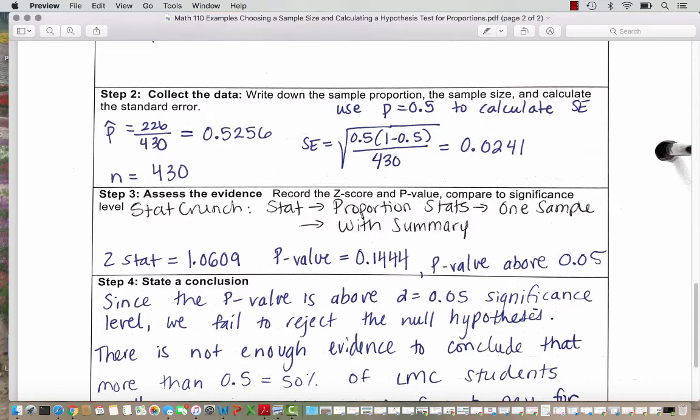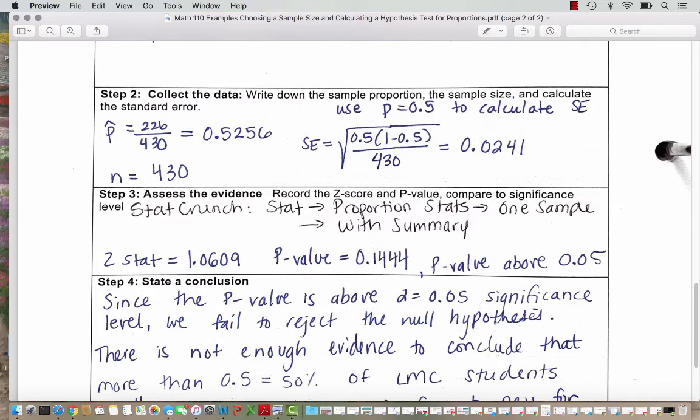So now we're asked to calculate this standard error. We could do the estimated standard error and use the p-hat value, but since we're using 0.5 in our hypothesis test, we like to use that value in the standard error. When we head into StatCrunch, you'll see StatCrunch uses the value from your hypothesis test setup to calculate the standard error. So our standard error calculation here is the square root of 0.5 times 1 minus 0.5, all divided by 430. And so when we check that on our calculators, rounded to 4 places, we get